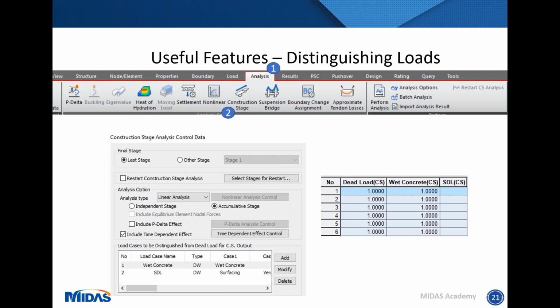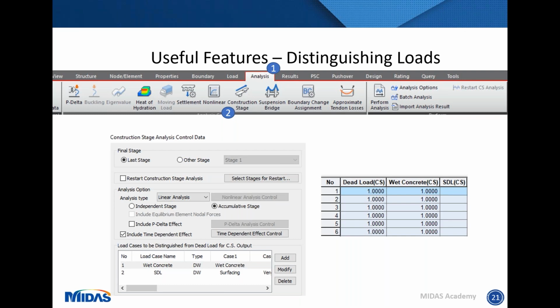One of the useful features within the construction stages as you progress with your model is, it's worth noting that when you add any load case or define any load within your construction stages, Midas automatically adds that as a cumulative load to the dead load.